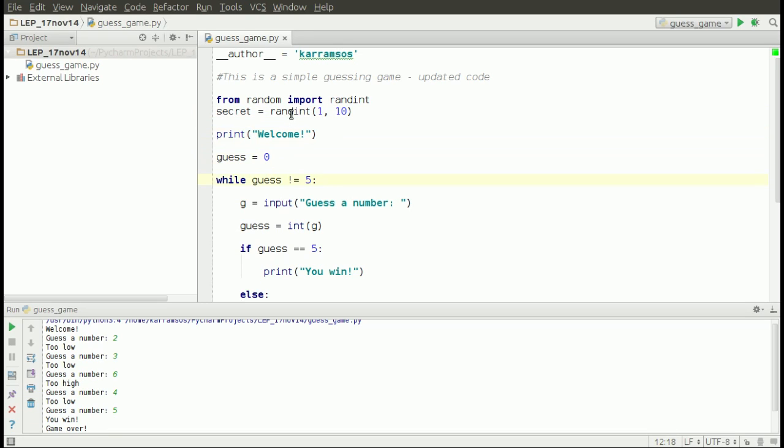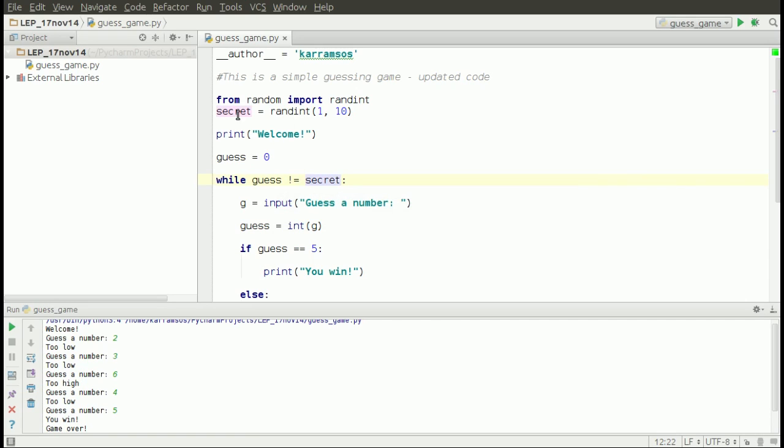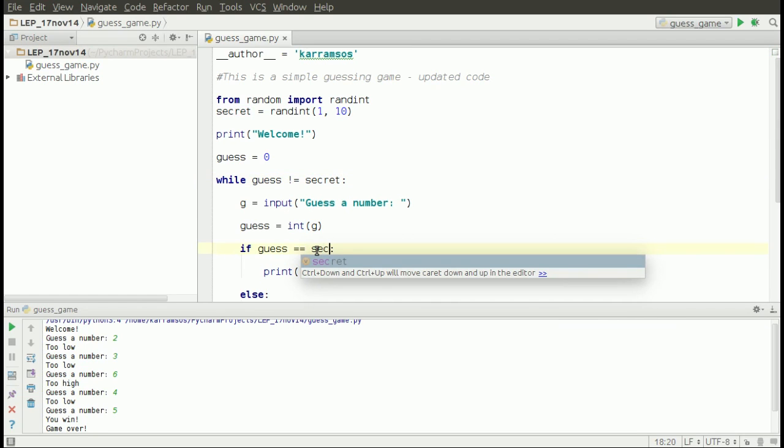Then in the while loop, we have to put secret here, because the code will check the value that is entered against this secret variable. G is equal to input, guess the number, guess is integer G, still the same. If guess is equal to secret,